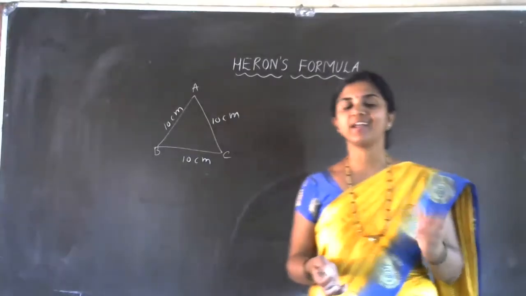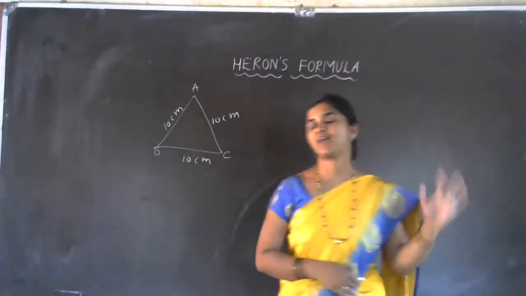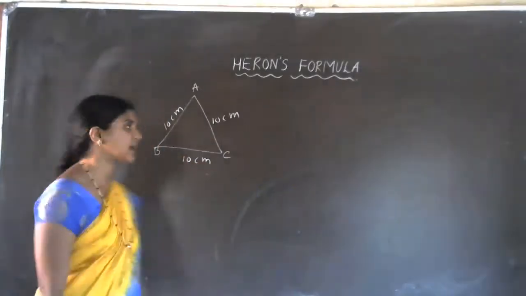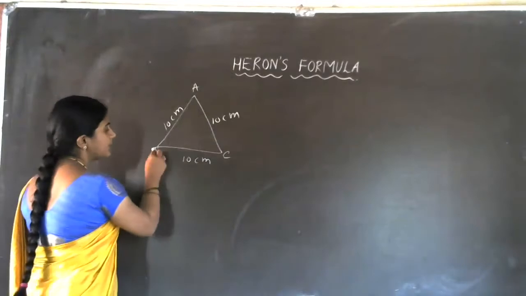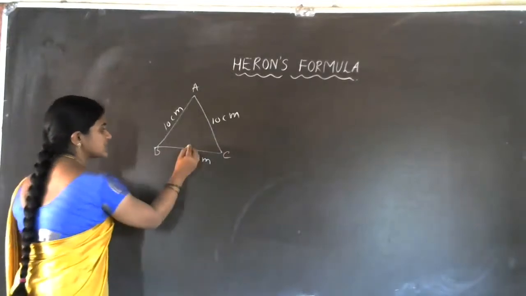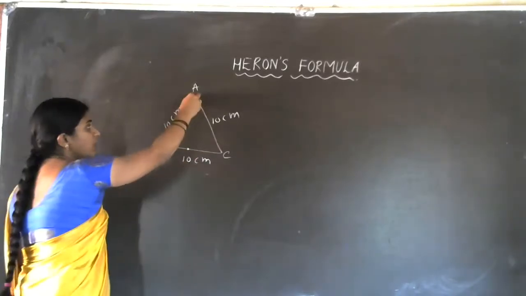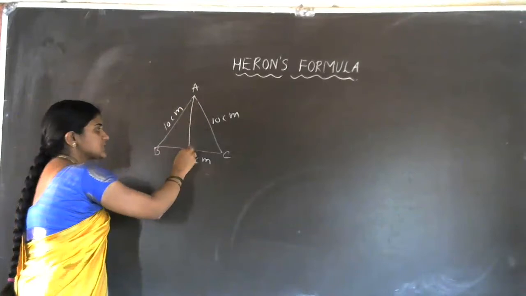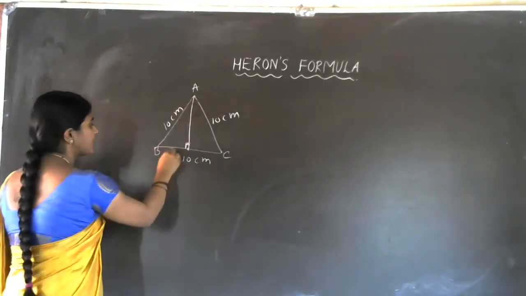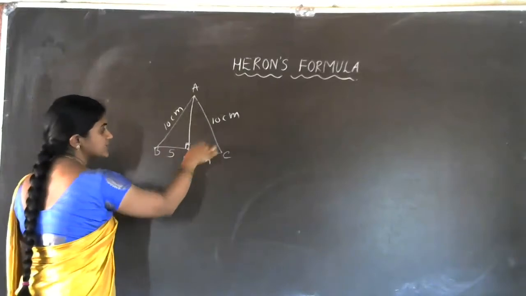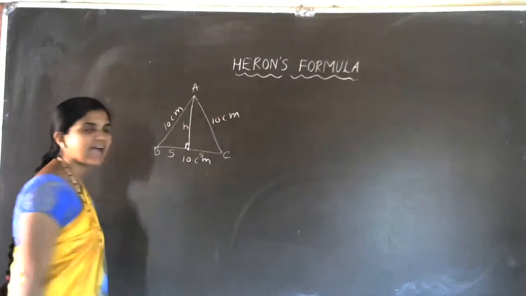How can we calculate the height of an equilateral triangle? Yes, of course we can. The base BC is 10 centimeter. Let us take the midpoint of BC and divide it into 5 and 5, then join it to A. It forms a right angle triangle, with 5 centimeter on each half and 10 centimeter sides. I think you have got the idea. This 90-degree line acts as the height.